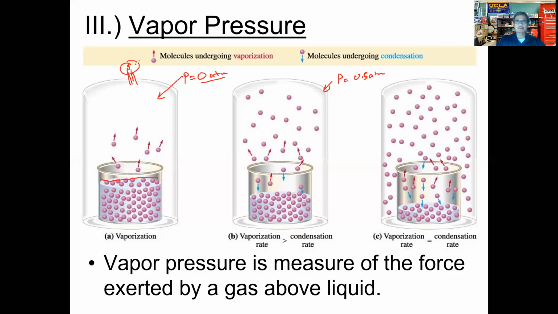Okay, and so what I would like to do is examine this process, this phenomenon known as vapor pressure for a liquid, and then be able to explain it on both the macroscopic and the microscopic level. Because on the macroscopic level, I think it's pretty easy to see. You just have to read the dial or the measuring device and determine whether there's a pressure or not. But the vapor pressure is the force exerted by the gases produced when a liquid evaporates. So make sure you keep that in mind.